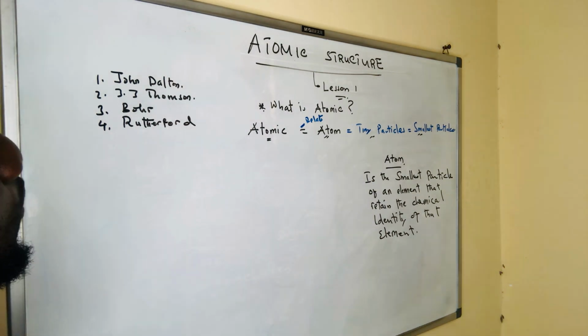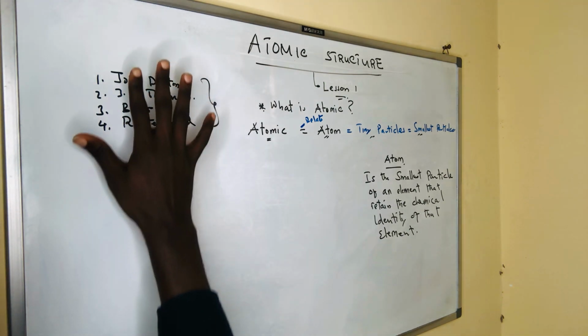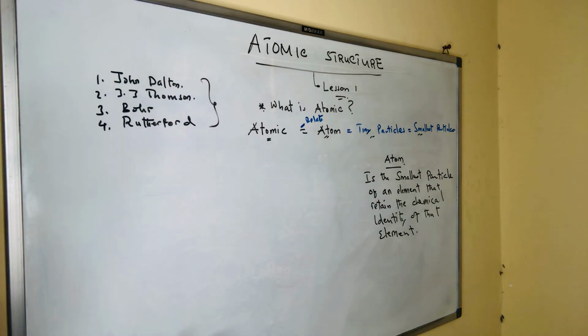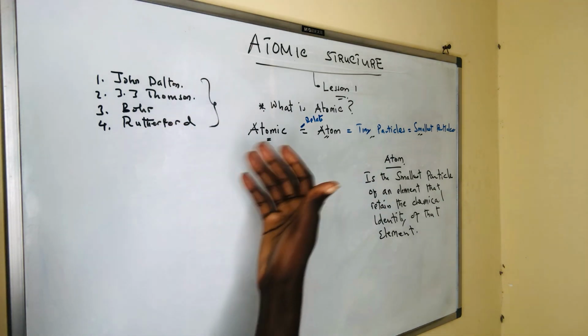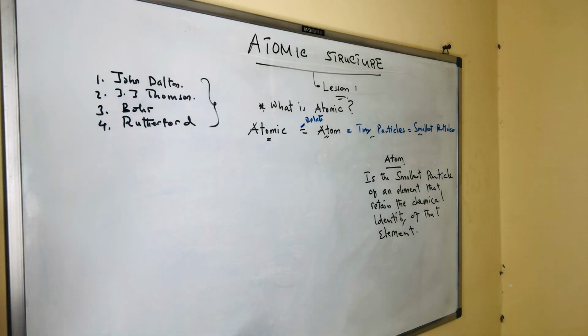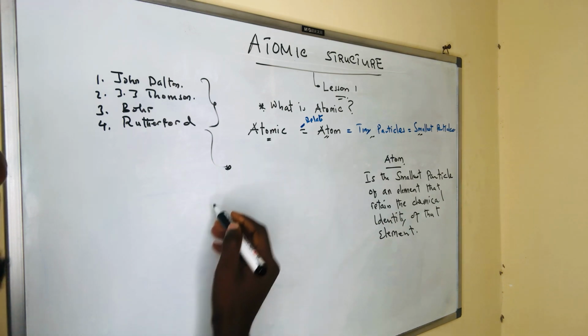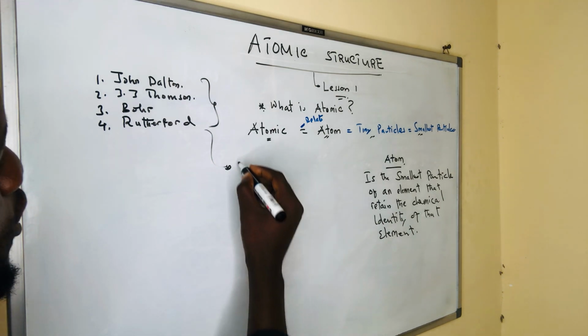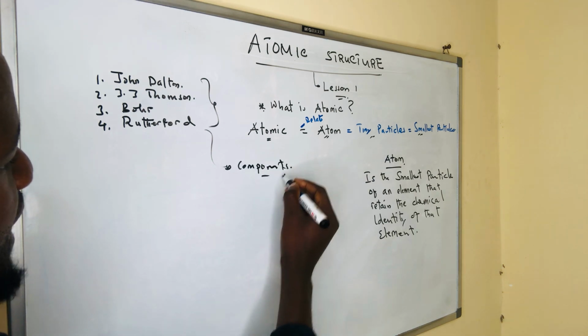So hauwezi ukasoma structure ya atom bila kuwazungumzia people like John Dalton, somebody called Thomson. We have Bohr, also Rutherford, but in advanced level utaenda kuwasoma watu vizuri zaidi. But for today nitakupatia general concept wao walisema nini. So at the end walikuja conclude kwamba structure of the atom inakuwa made by 3 components, components of the atom,